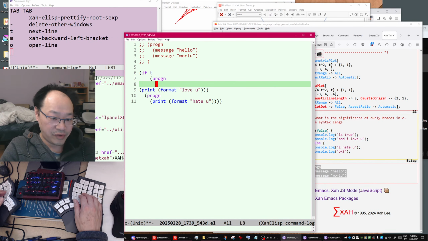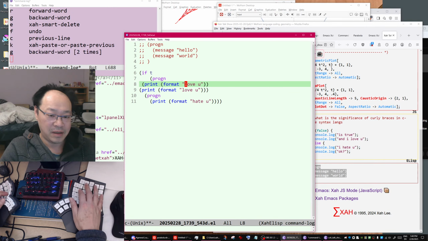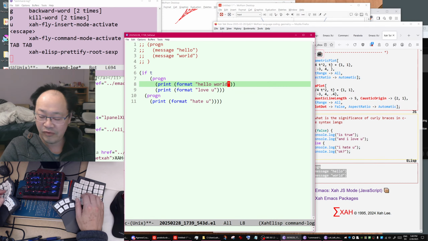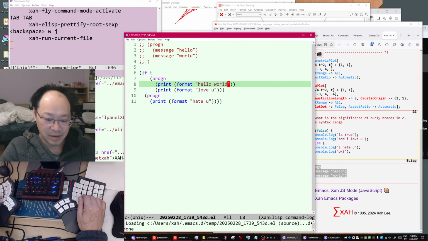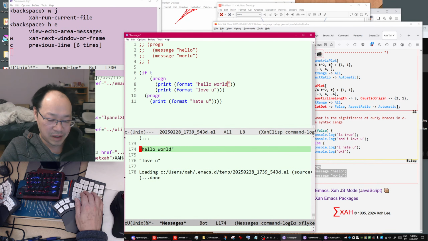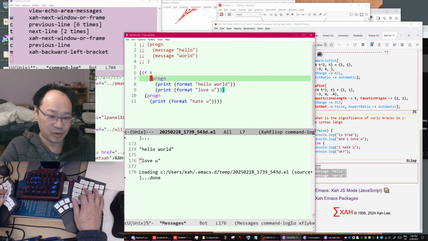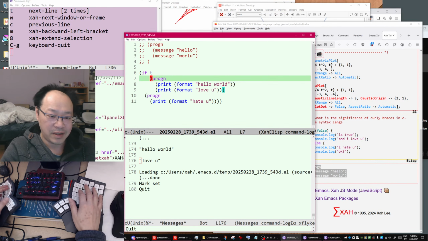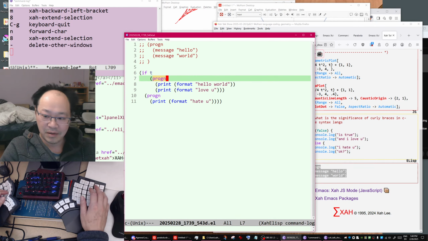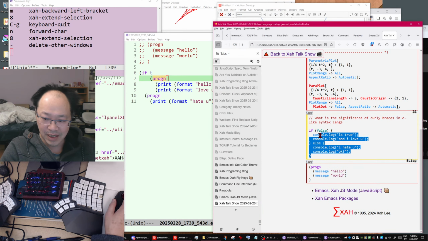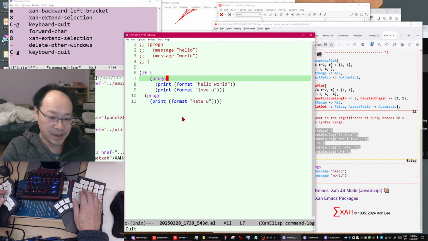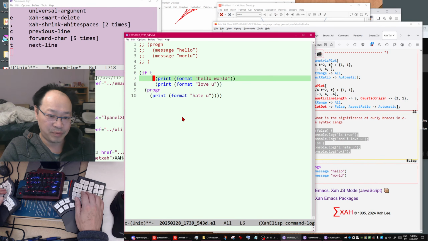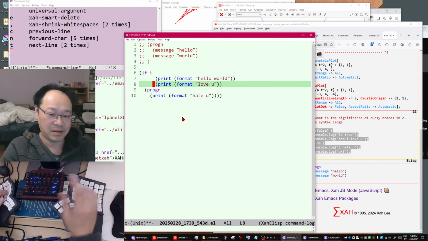So you need to group. For example, when you have another statement, hello world, okay, format it, run it, show message buffer, so you can see hello world, I love you. So you need to group these two print expressions together. That's why you have progn. The purpose is similar to the C language curly braces, because if you don't have that, then it becomes, if true, print this, otherwise print that. You see, that's the issue.